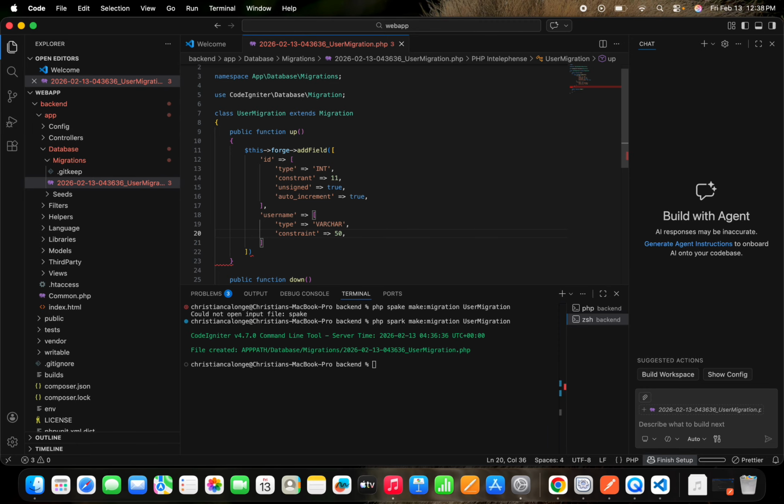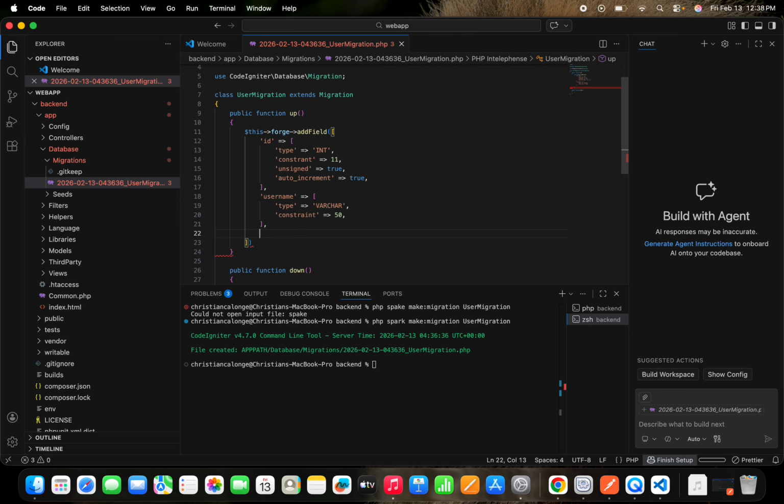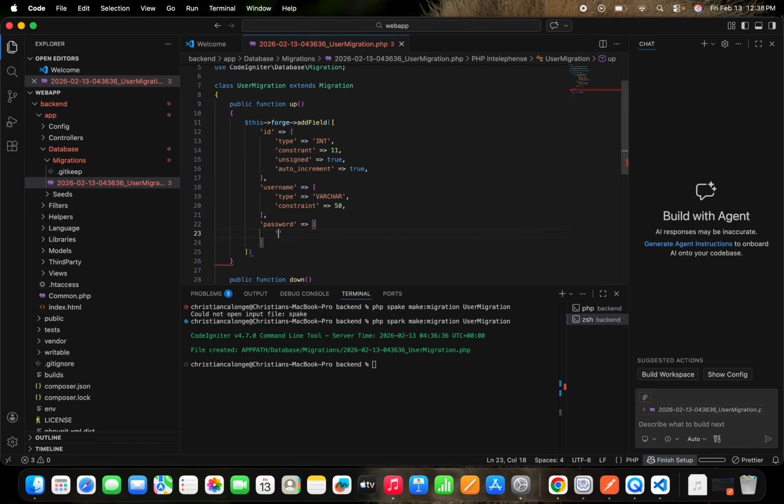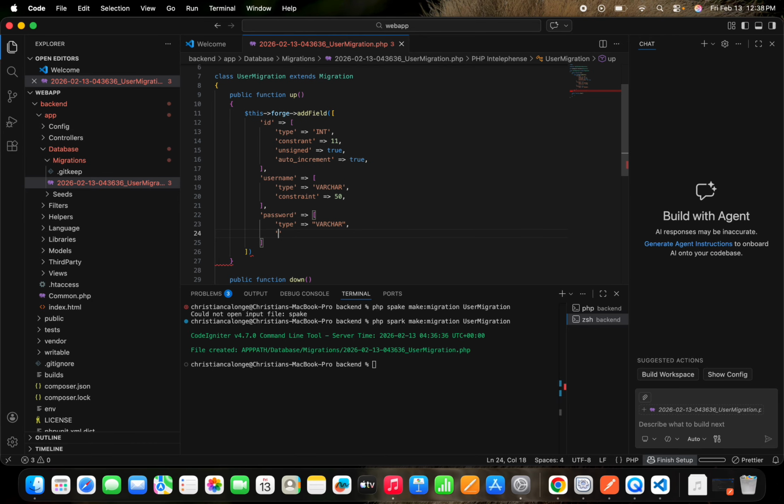And then for the password, the type is varchar, just like that, as easy as that, and then the constraint here is 100.